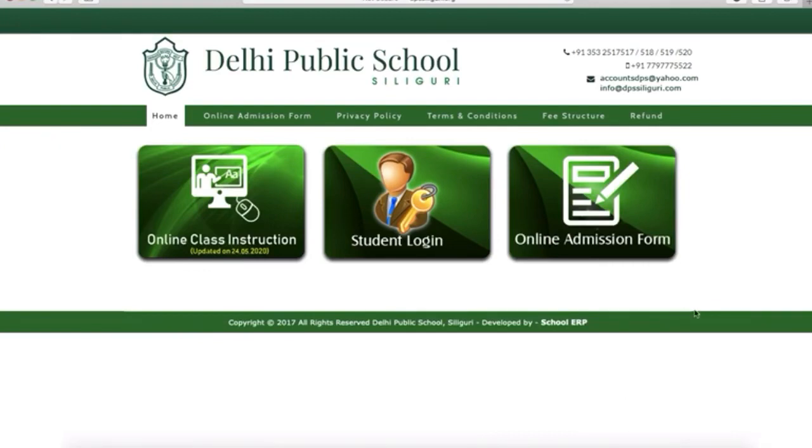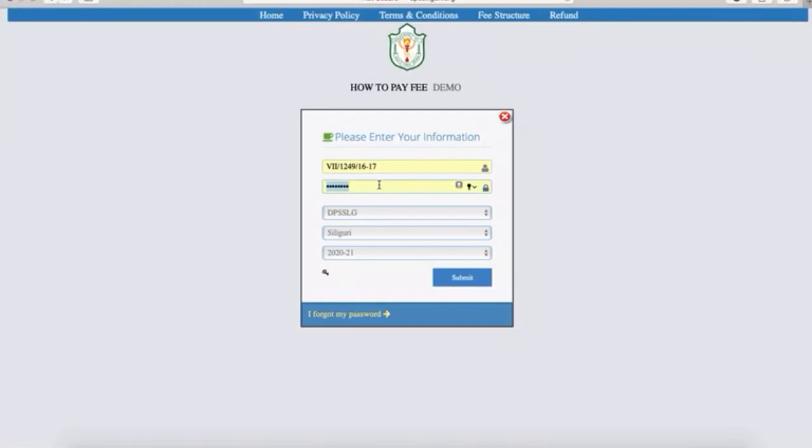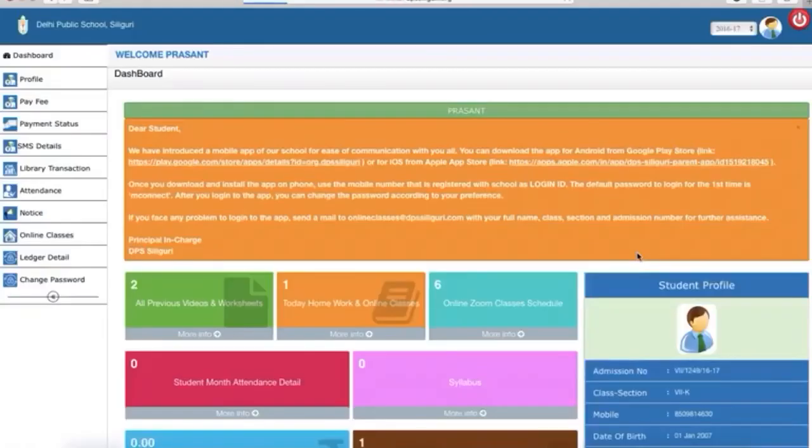You all know how to access this page, and then you go to the student login like you normally do every day and log in using your ID and password. Your ID, as you all know, is your admission number, and the password is generally your date of birth if you have not changed the password later.